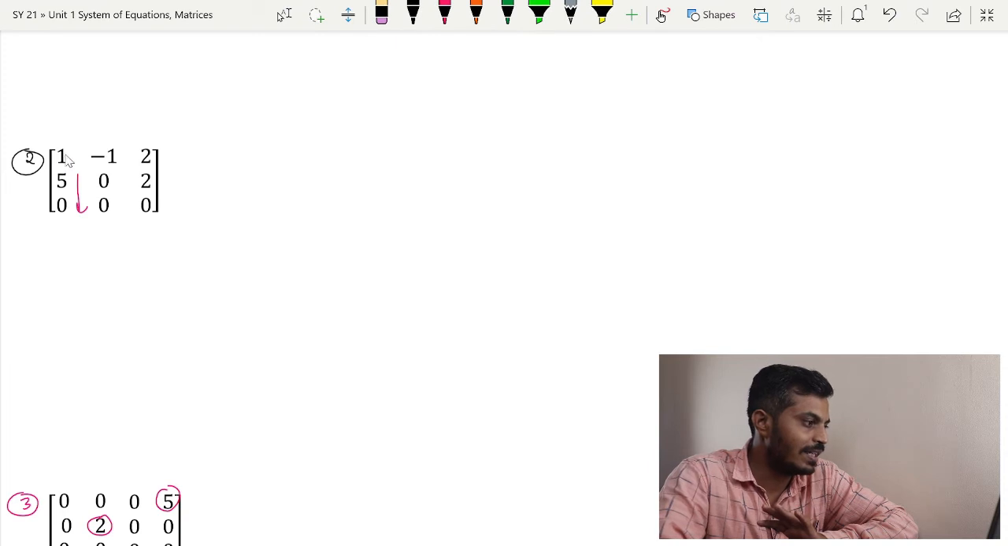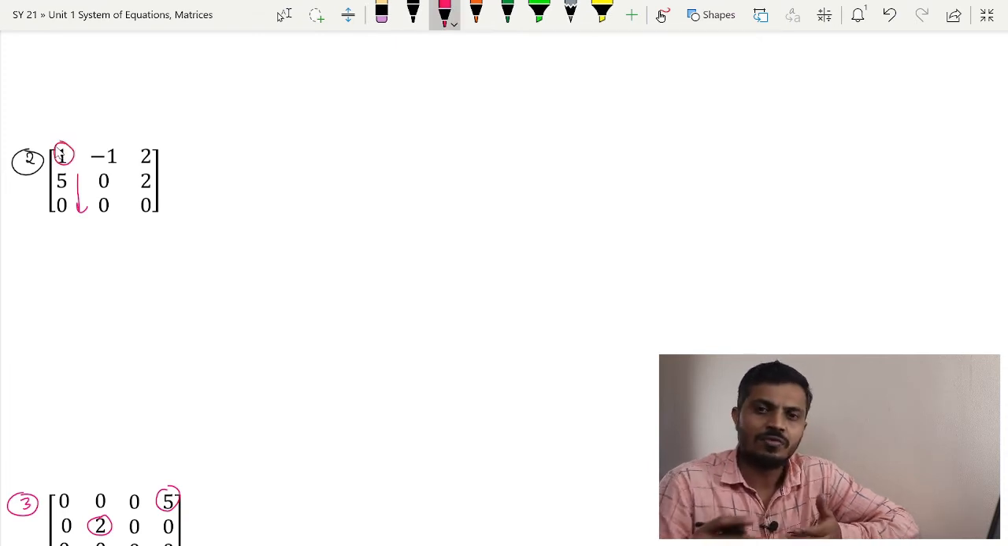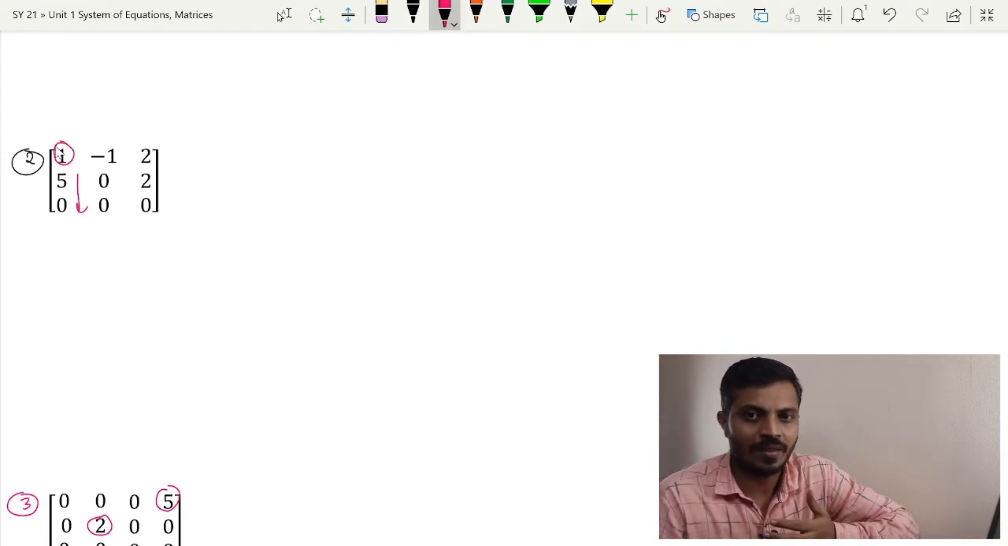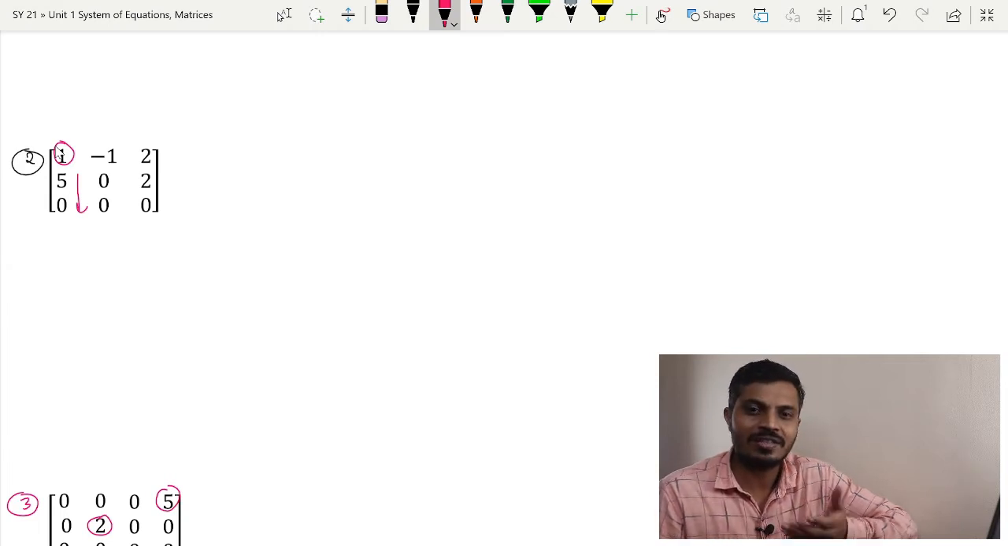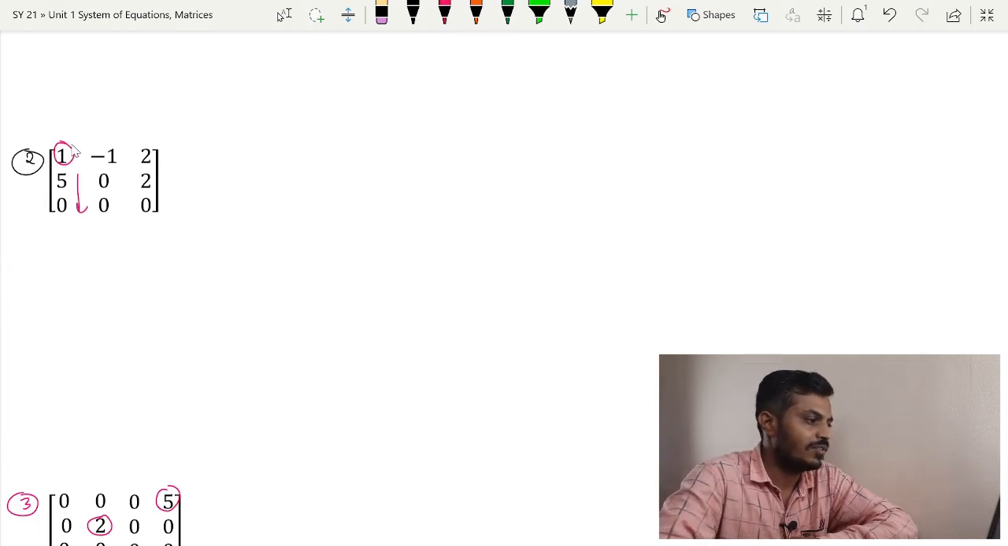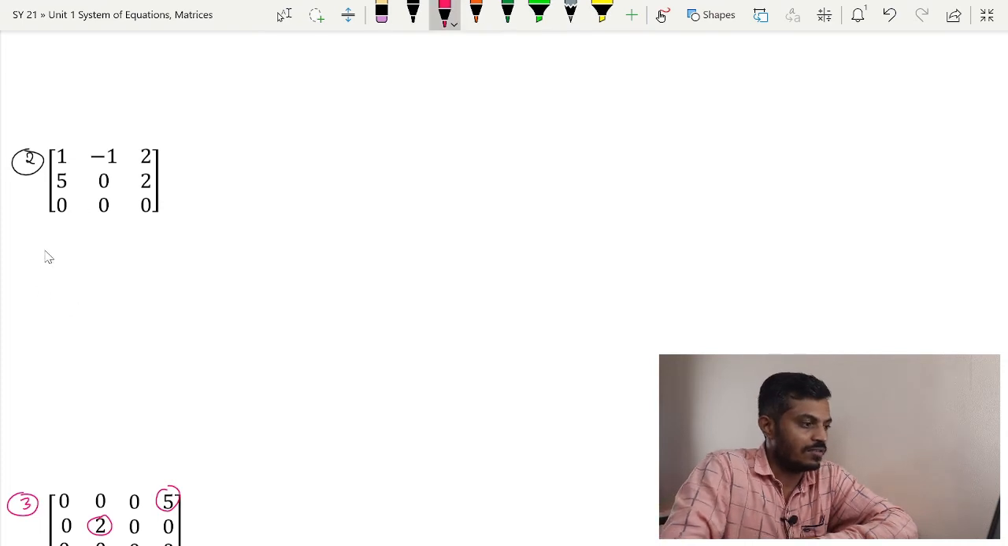If this entry was other than 1, we try to make it 1 for simplification, for reducing the hectic job of calculation. So if it is 1 there, then the calculation becomes easy, right? It is already 1, so need not worry. So directly I will perform